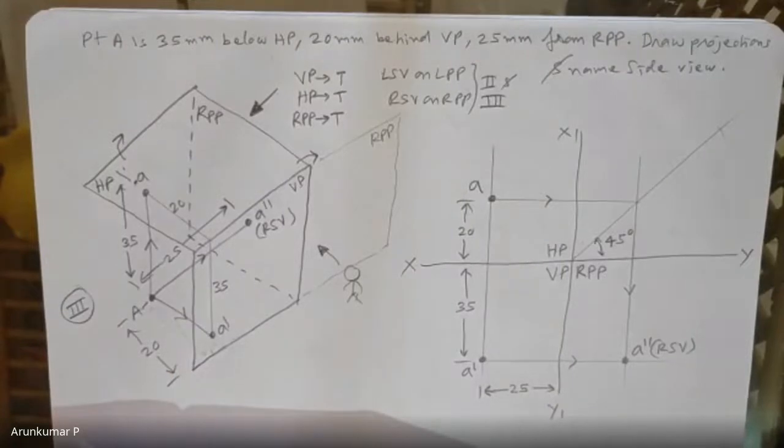It's obvious that in this problem the point is in the second quadrant. So in the second quadrant, the left profile plane. That is what you need to take care while solving. Then one more you can take where there is a fourth quadrant.